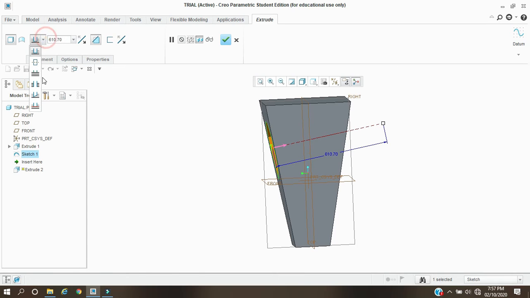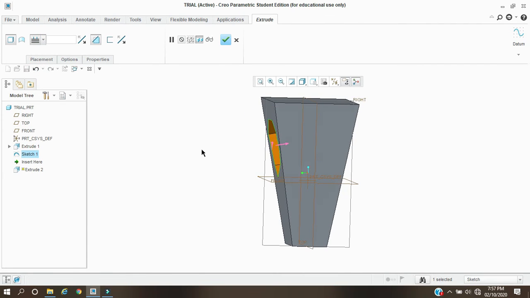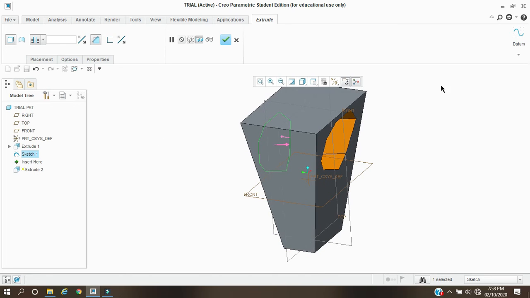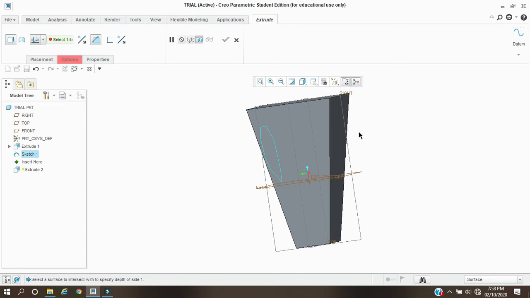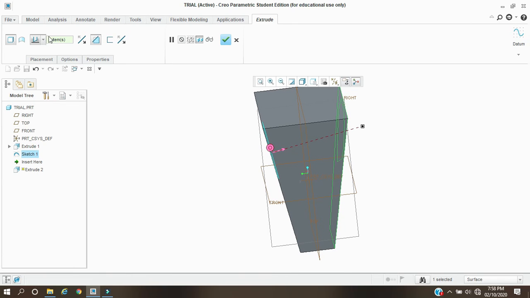And here we can also select up to next, or select through all. If there is another part there, it will also get cut. Up to a point or vertex. I won't cut up to this one, up to a plane only, this one. All the other features are the same.